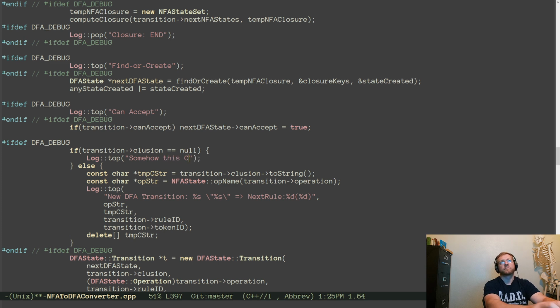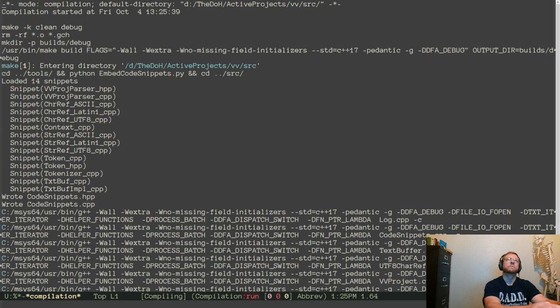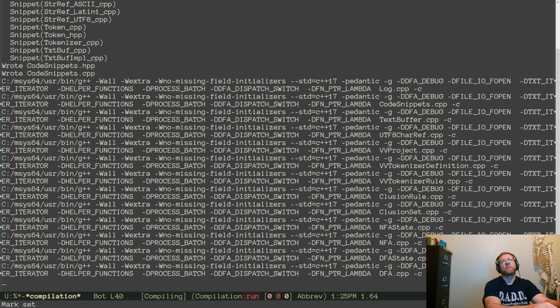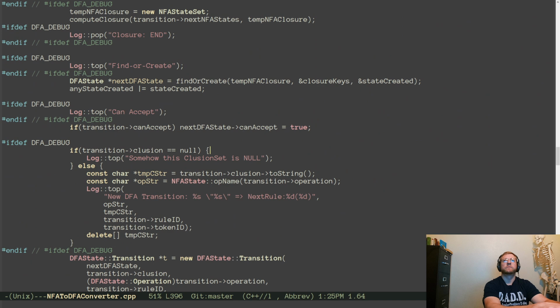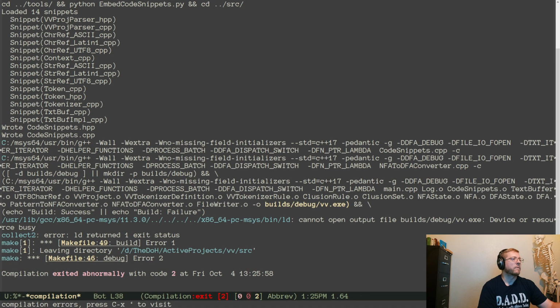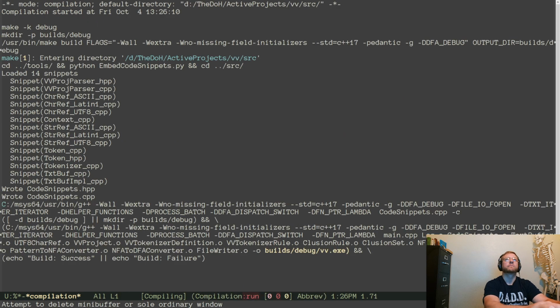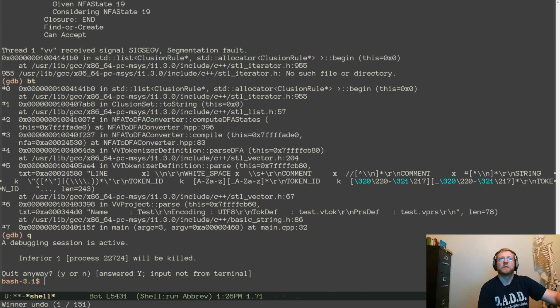Somehow this inclusion set is null. Yeah. What? Oh gosh, 130.